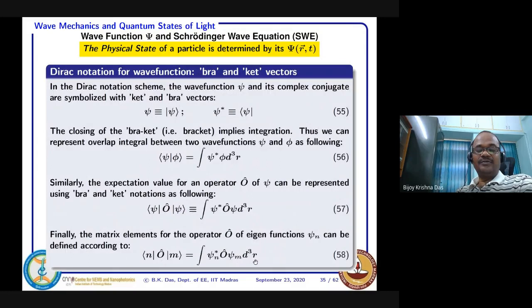It's equation 58. So that means if you know the nth wave function and the mth wave function and the operator, you integrate that one, you get a value. Now m is fixed, for a given psi m, you are running n 1, 2, 3, 4, and so on. Then you will be getting different integration values. So you are basically getting some numbers whenever n and m are varying. M equal to 1, n equal to 1, you get a number. M equal to 2, n equal to 2, there is actually a mathematical function from the quantum mechanical system. Once you integrate, you get a number, nothing else. So you get just a series of numbers.